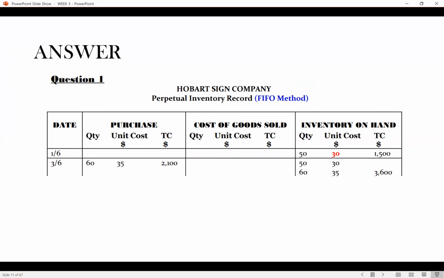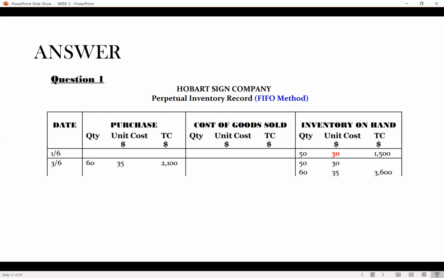60, and we purchased each at 35, so that's our unit cost. Multiplying those together, we have a total cost of 2,100. Again, after that transaction, we have to update what? Our inventory on hand. So we're seeing, okay, what we had before. We had 50 at a unit cost of 30, right? That gave us 1,500. And now they've purchased 60 at a unit cost of 35 for 2,100. And together that gives us a total cost of